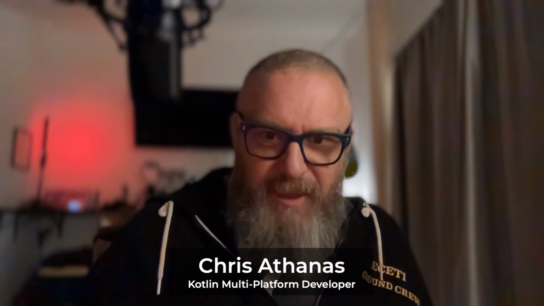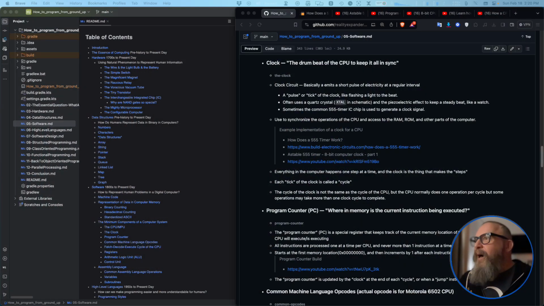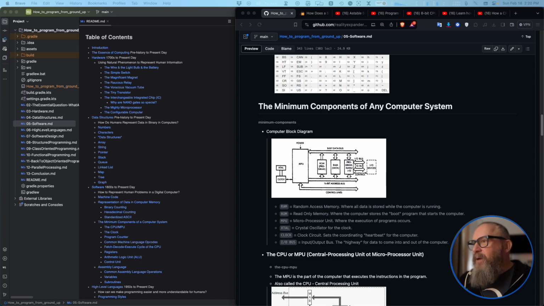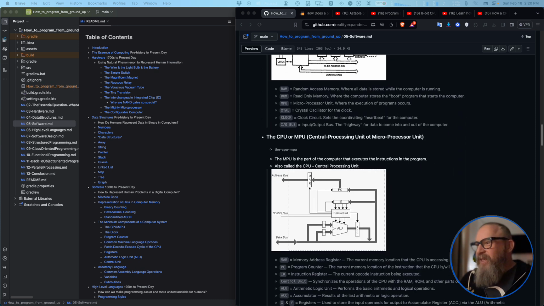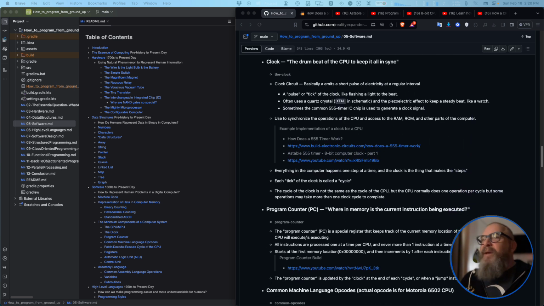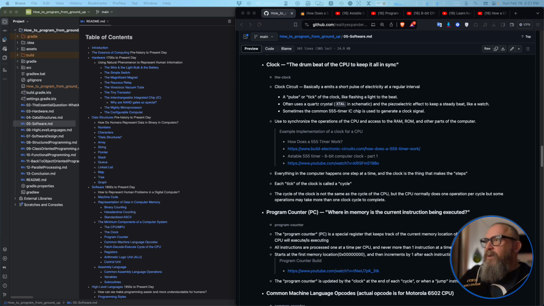We're going to continue our journey on how to program from the ground up series, and we're going to be getting into the clock. So we were up here in this architecture, and the clock is out here, and it supplies a little pulse to the MPU. It's part of this control bus, and it's the drum beat. It keeps everything in the CPU in sync. So it basically emits a short pulse of electricity, a 1, beep, at a regular interval. It goes boop, boop, boop, boop, and it's hooked up directly to the CPU,